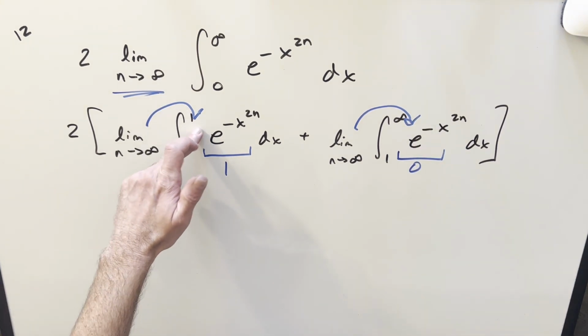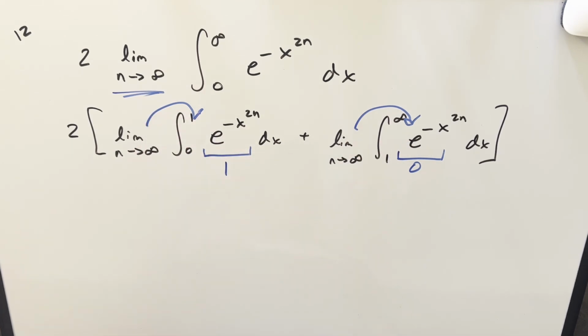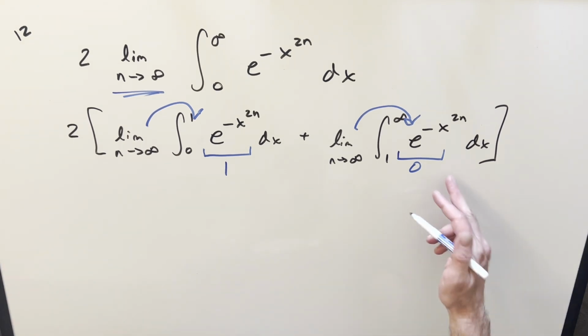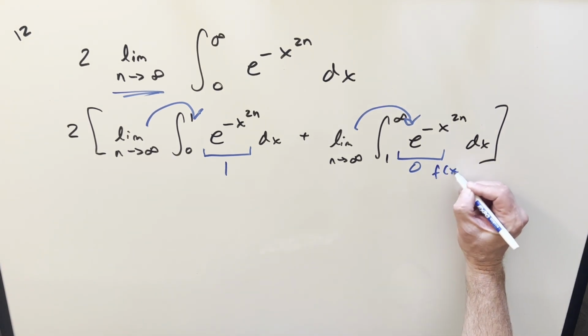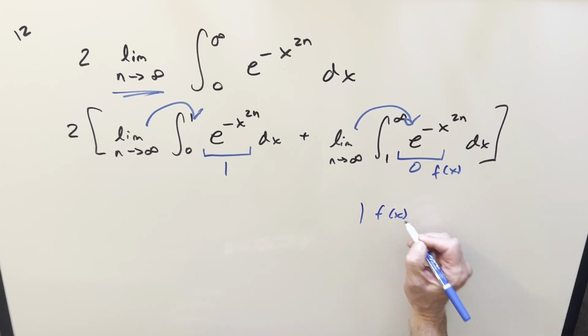We need, for each of these, we have two functions here. Even though they're the same thing, they're different because of the bounds we're working with. We need to bound these each with some integrable function. So starting with this one over here, let's call this our f of x. What we're going to need for this is the absolute value of f of x